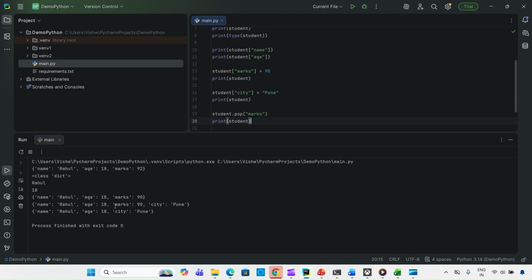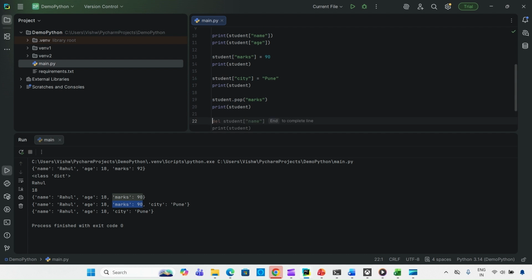See, if we look at the new value, we have keys as name, age, and city. However, marks, which was there in the existing dictionary, has now been removed. So using pop, you can remove any existing key also. Now, if we use loops in dictionary, so for that